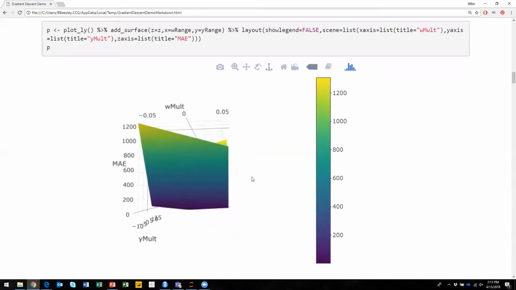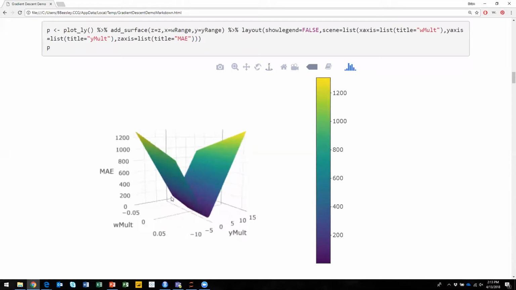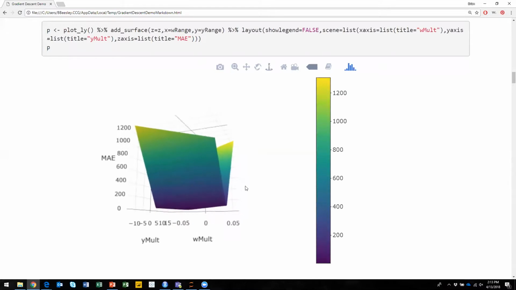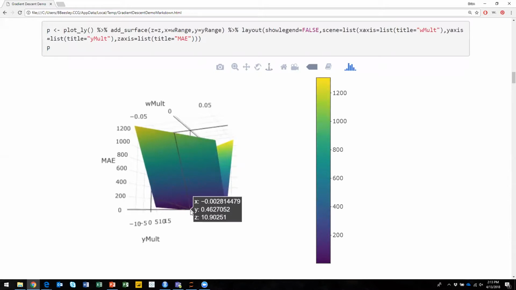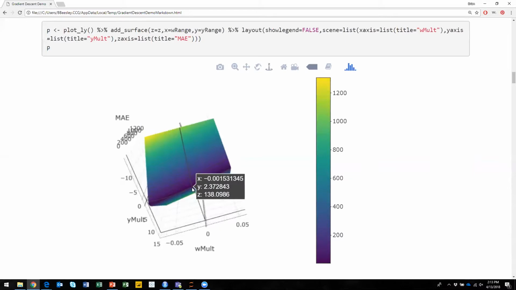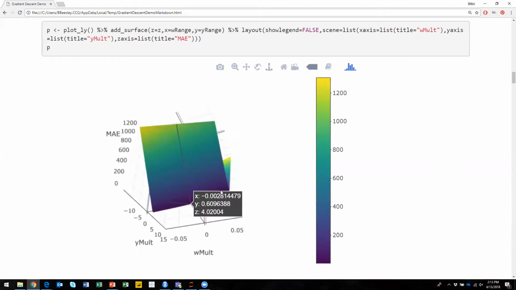And so our goal is to minimize the mean absolute error, so where we want to get is to the bottom of this curve, right? And you can see that, obviously there's sort of a crease this way, so we want to be somewhere in this valley. If you look here, you can tell that it's got a little bit of a bow to it, so we want to get to that minimum point. Right, so we can look at this and say, all right, we want to be somewhere around here where it's in the single digits, ideally. That looks like a pretty good way to find our prediction. So we should just set it there, right, at 0.0 something, whatever they were at.